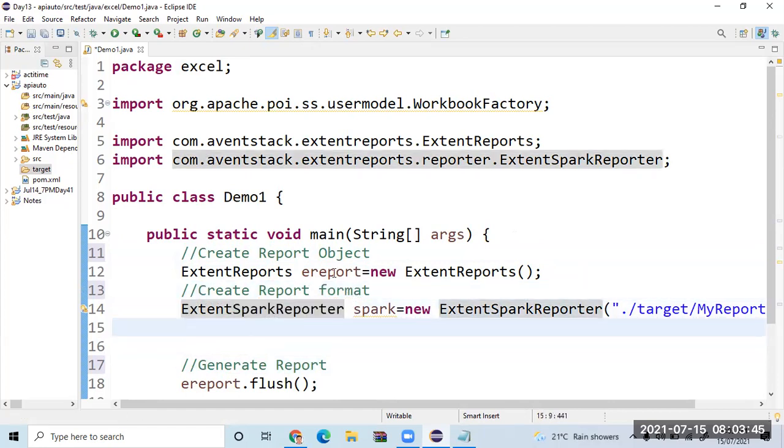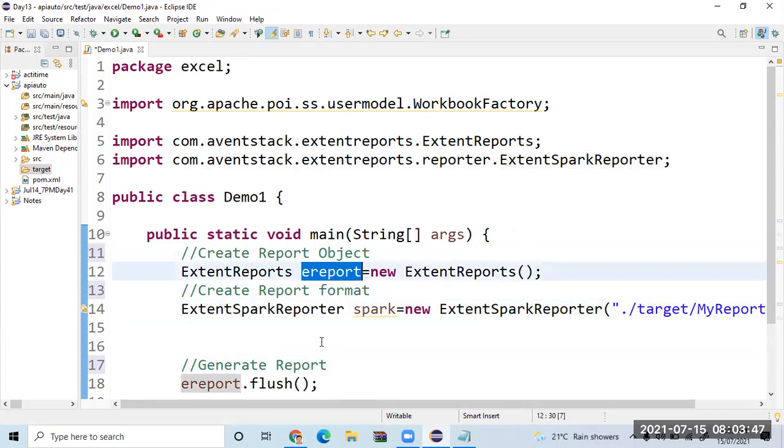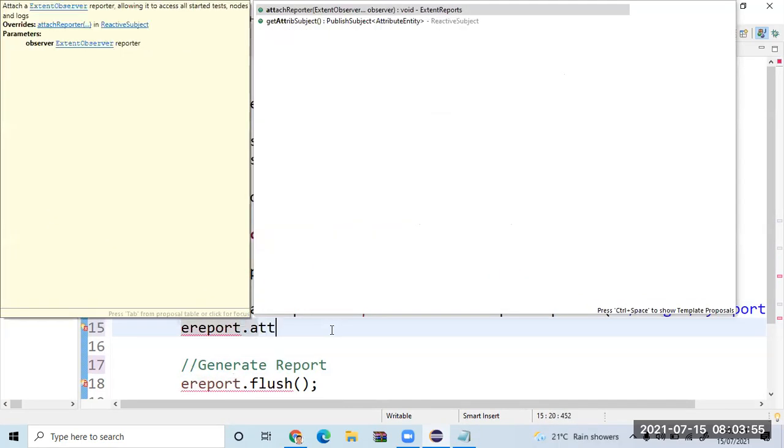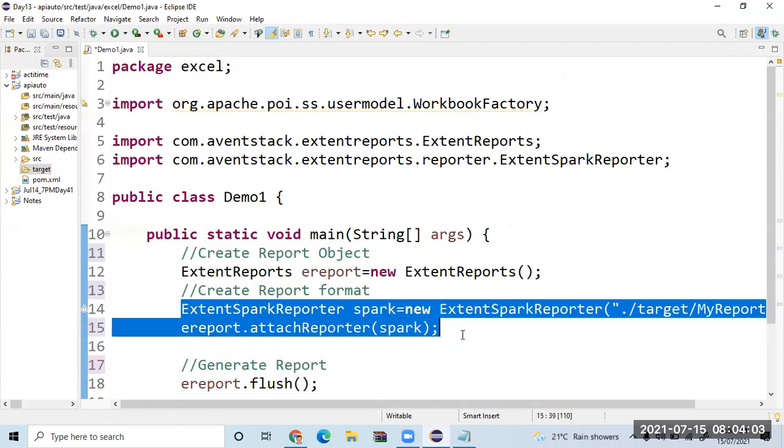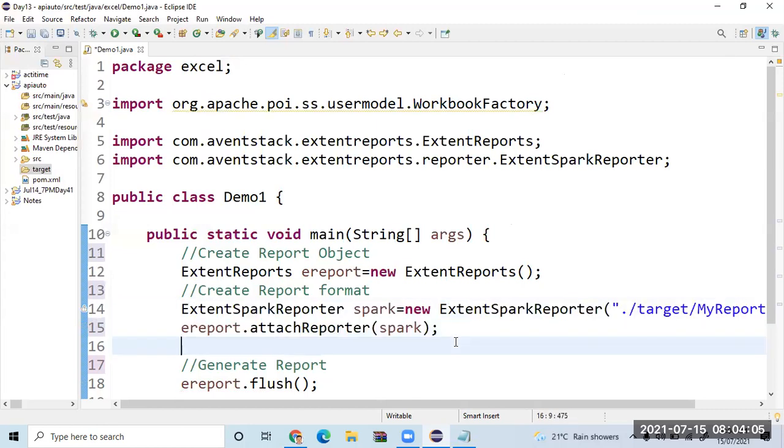That's it. And in this eReport, I'll just attach it so that it will start generating. eReport dot, I use an option called attachReporter. I'll just specify this. So in the second step, I'm telling it what type of report it has to generate. That's all. What this report contains usually is the test, pass or fail, something like that.